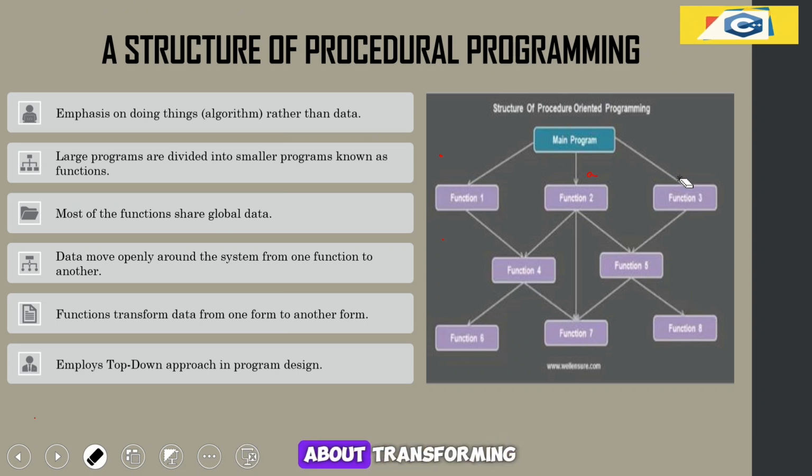Transforming means it is affecting the integrity of the data. Because the data is global and open to all functions in a program, a function can change the value of the global data. That's why we say functions transform data from one form to another form.